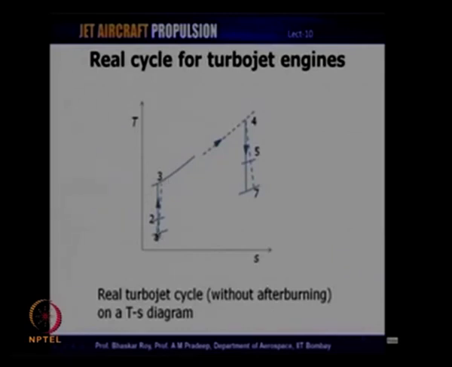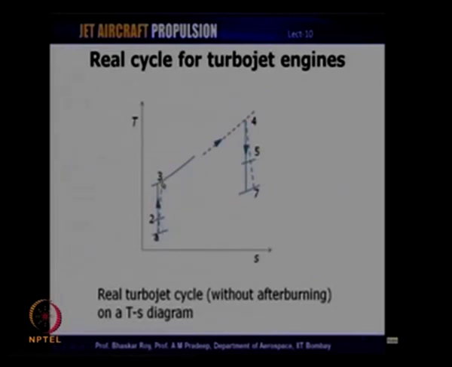In the ideal process, it would have been isentropic, and so we have a vertical line which represents the isentropic process. But the actual process is not isentropic, so we can see a deviation of the process from the ideal cycle, and the dotted line represents the actual process. The actual process is non-isentropic, and therefore it is no longer vertical. So the process from A to 3 is non-isentropic, and that is represented by this dotted line.